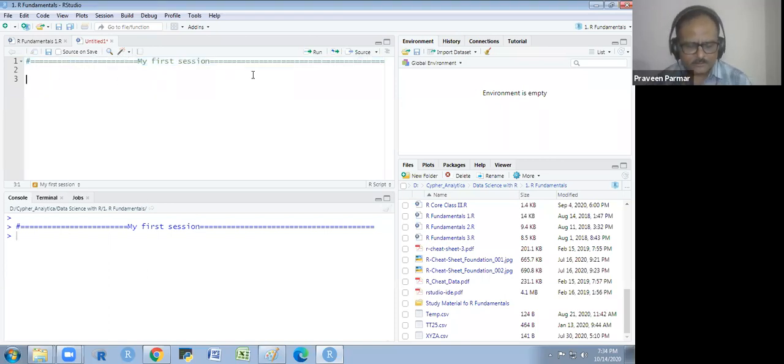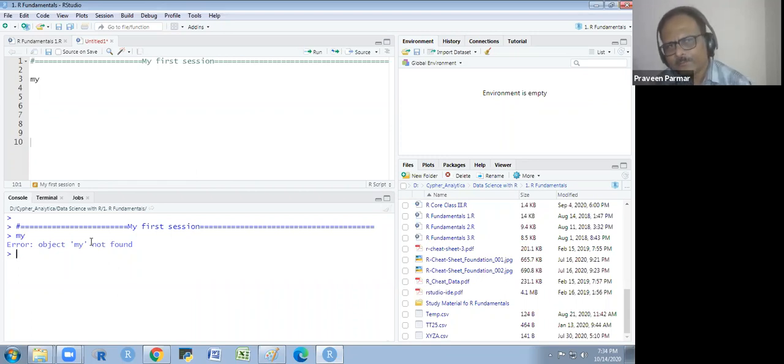But if I write without the hash and I run this, we have another shortcut key for running the script. If I use Enter, it will only enter a new line, it will not run the script. But if you are doing it in the console, then it will run and give you the response. If I write 'my' here and I run, it will say object 'my' not found.